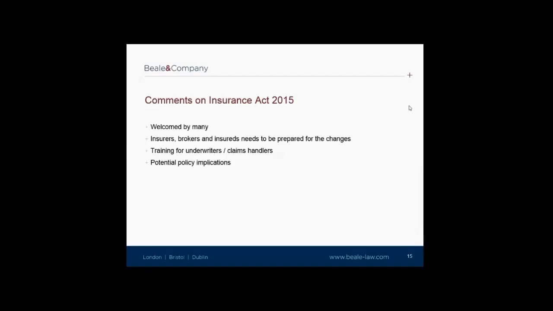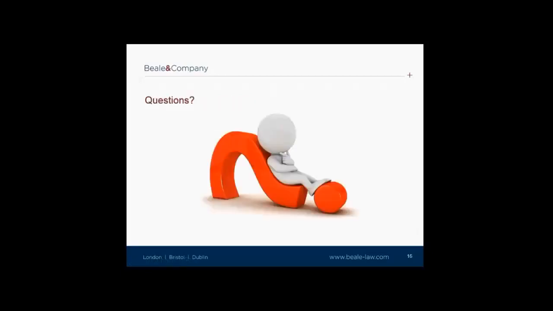Insurers will also need to think about their underwriting guidelines and how best to document underwriting decisions in order to be able to take advantage of the remedies under the Act, especially given that they cannot rely on the draconian remedy of avoidance in relation to the insured's innocent non-disclosure. We will have to consider the policy implications when a potential claim may straddle two policy years, pre and post the Insurance Act. How will the policies differ, and what will be the different outcomes for insurers and or the insured?